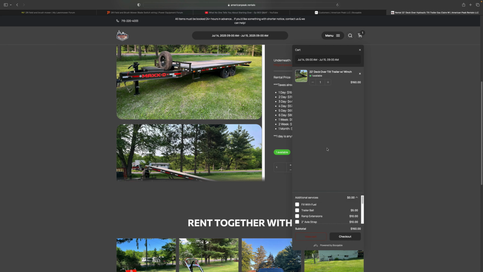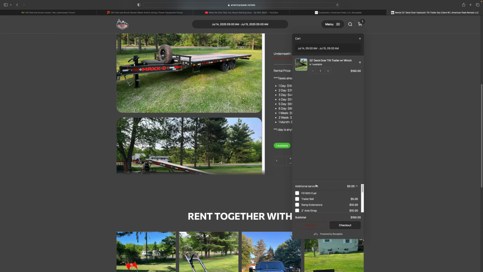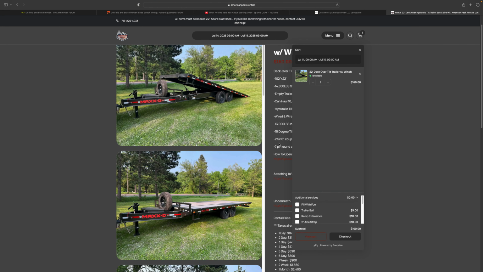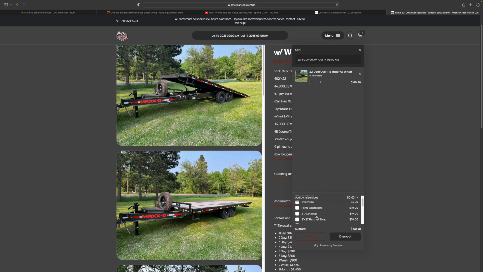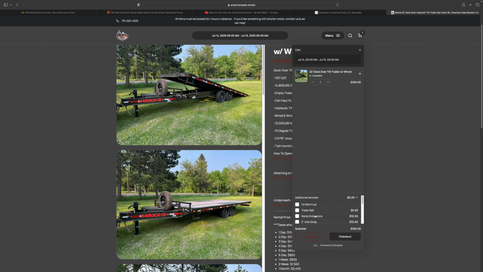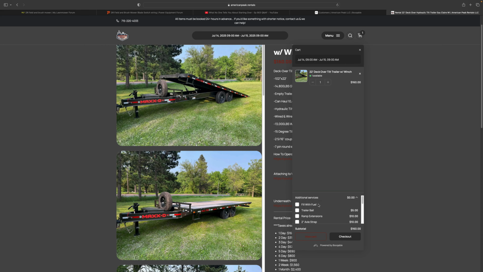So we got this one. If we want any additional things, we can add them here. Like if you guys need a ball, and the size is right here, this 2 5/16. So if you need a ball, you can add that. If you need straps or anything, I'm just scrolling down. All this fuel and stuff is for the small equipment because it doesn't come full. So we can go to checkout,